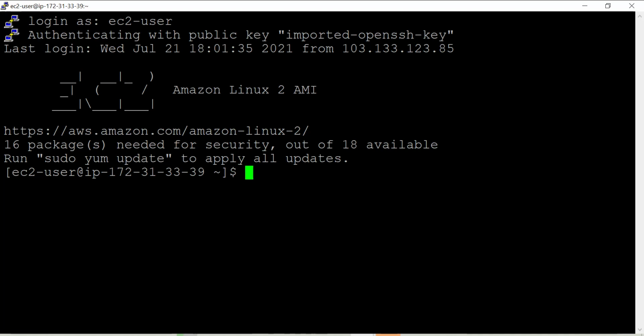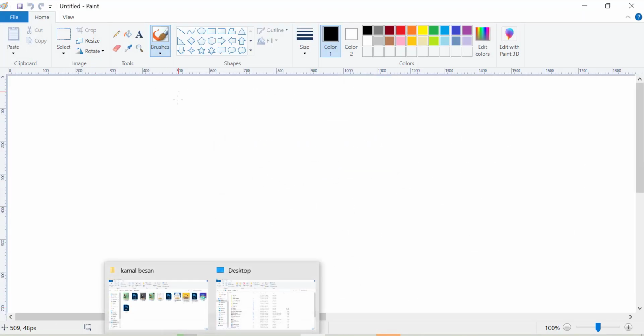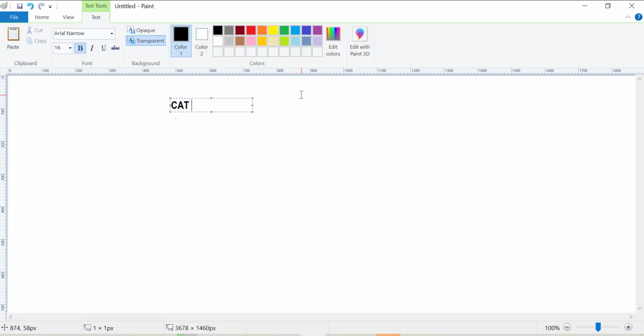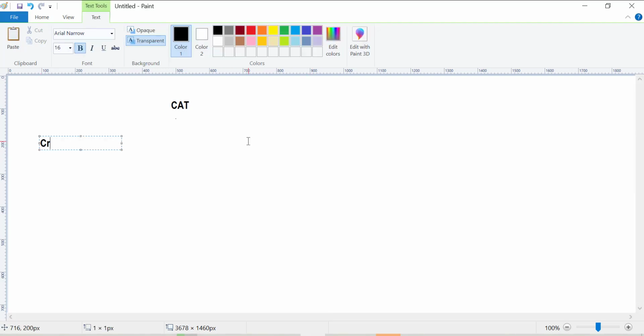What we are going to discuss today is the command known as cat. Cat is basically the command by which you can create a file in your EC2 Linux machine.